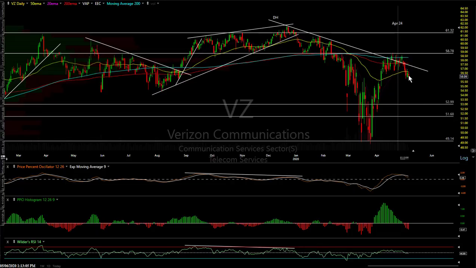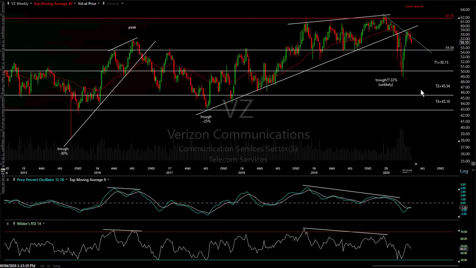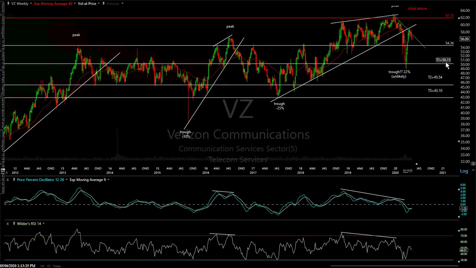But as of now, Verizon failed, you can see right at the 200-day moving average right there, and price resistance is where it failed. And we shorted this one. There's your PPO crossover. This trade, just like Berkshire, is based off the weekly chart, so I'm looking longer term on this one. So again, we're not even close to the first target. You guys could certainly, if you want to, cover there. That's the first support level,